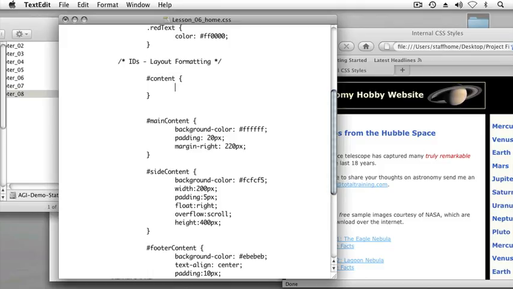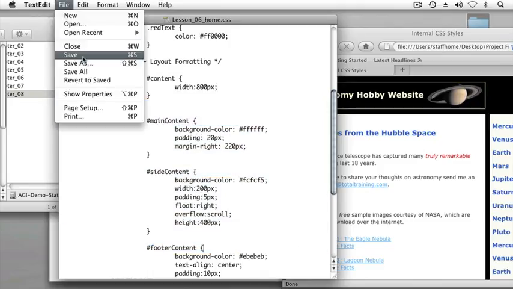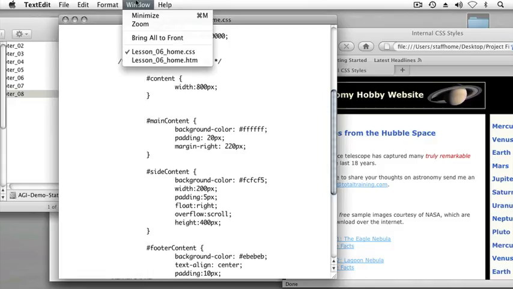And within the curly brackets, I'll define a width of 800 pixels. Because I believe that will lock down a width that will group all of our items together, but yet still allow them to behave the way that they are intended to behave based on the other rules which we've already defined. So if I save this CSS file and switch over to my HTML file, which I'm doing from the window menu,